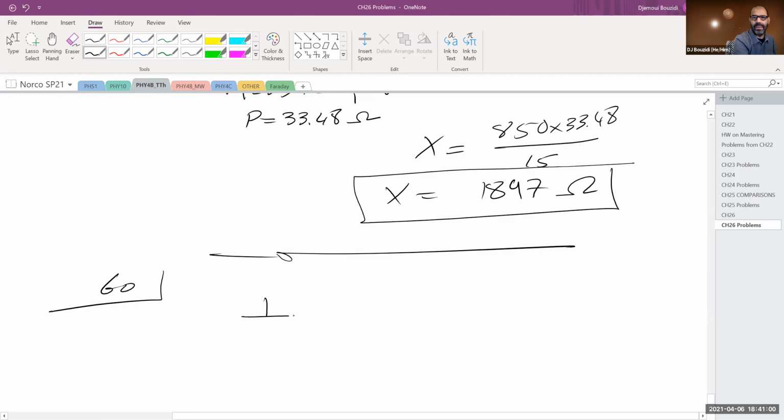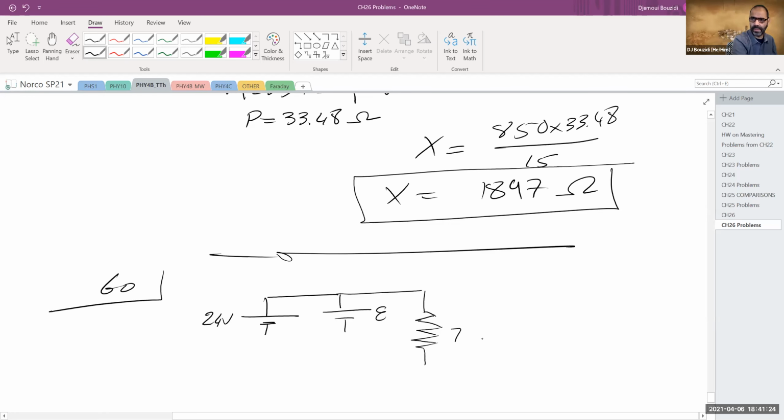So we have another type of problems that deals with batteries again. I have a 24-volt battery, and I have another battery in here that does not show its EMF. It's telling it's an EMF epsilon. And there is a 7 ohm resistor in here. Okay. There is a 2 ohm resistor in here. Connect these two. And connect, there is actually another resistor in here